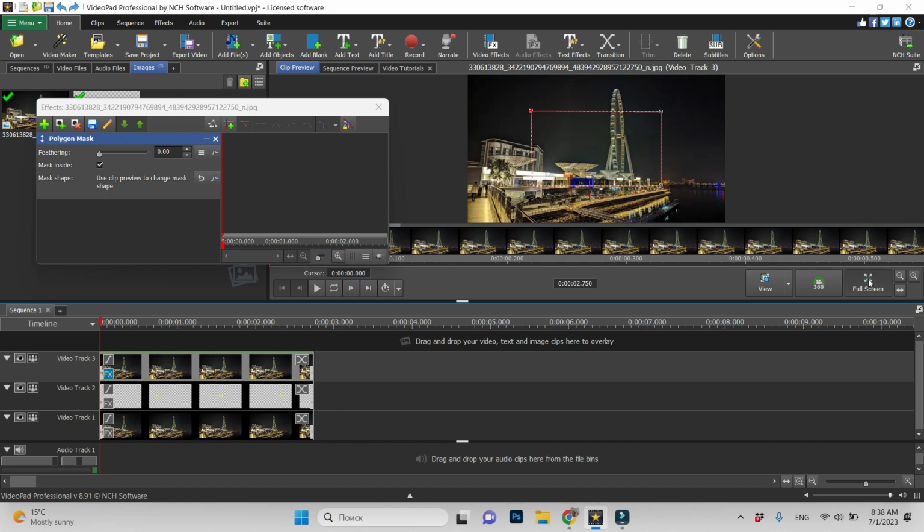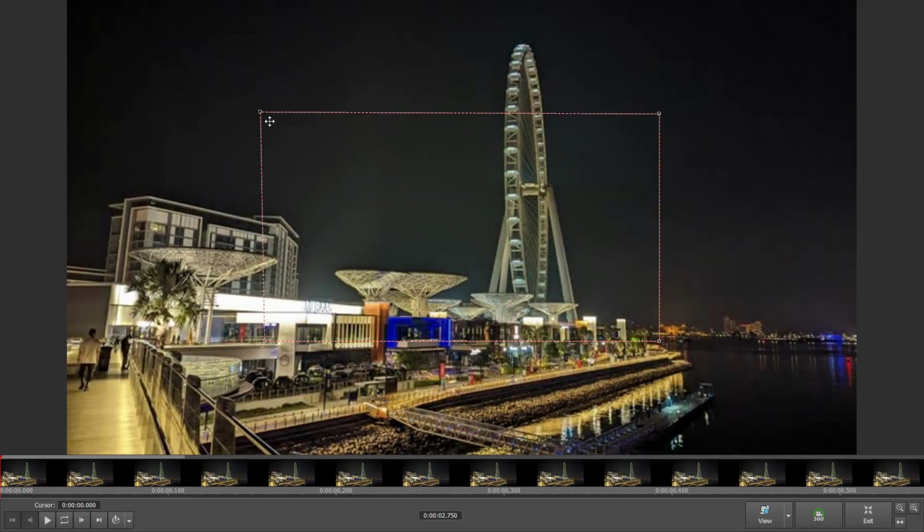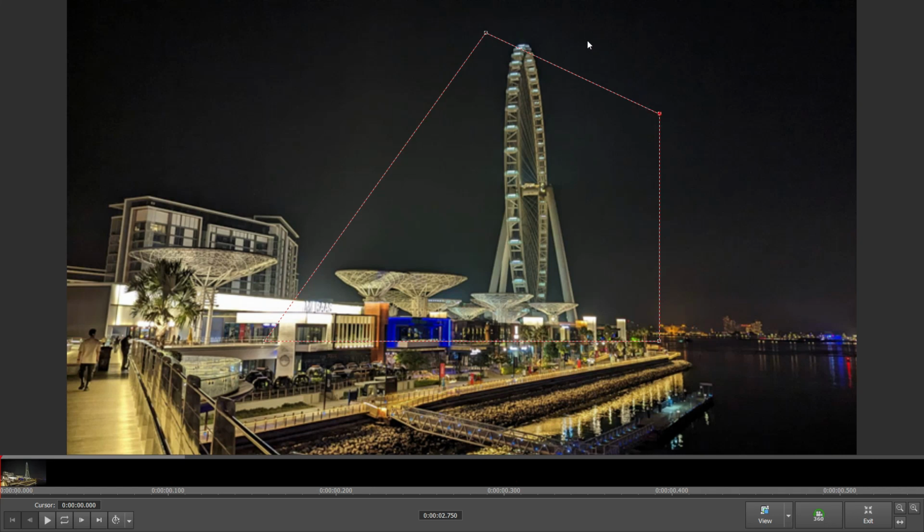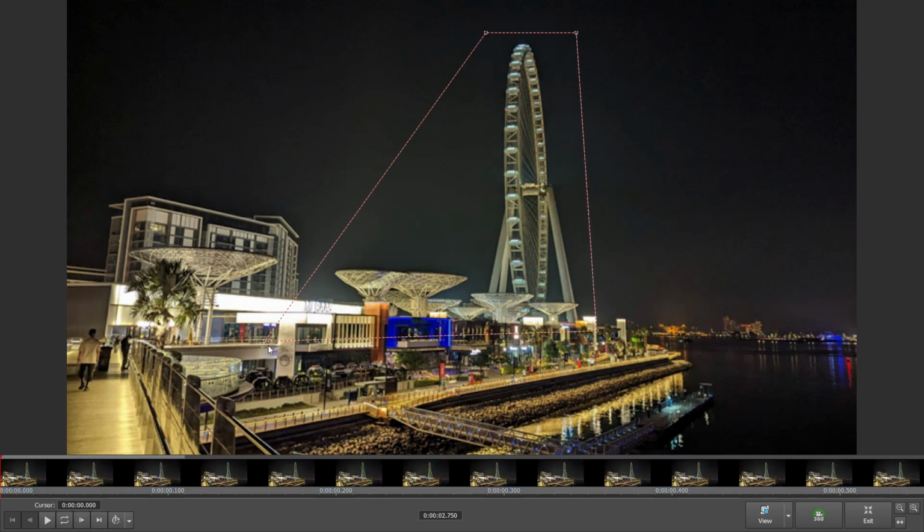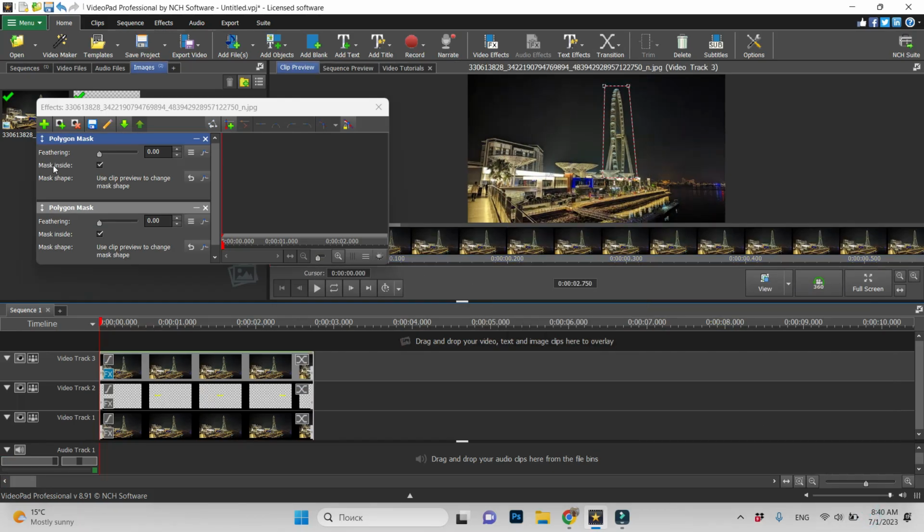Okay? Let's do it full screen to be easier. Left click of your mouse and holding, moving the dot, releasing the mouse. Okay. And I'll change mask to outside and we'll add the effect